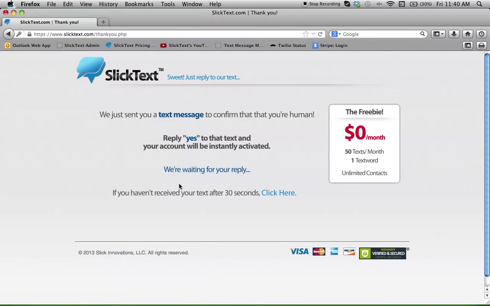Alright, so next you're going to get a reply, and you have to use a text-capable mobile phone. You can't use a Google Voice number because they don't communicate with shortcodes. So you're going to get a confirmation message to your phone. This is going to confirm that you're human and not a spammer or some bot crawling our site trying to create an account. So I'm going to reply to this text message here, and in about 5 seconds or less,